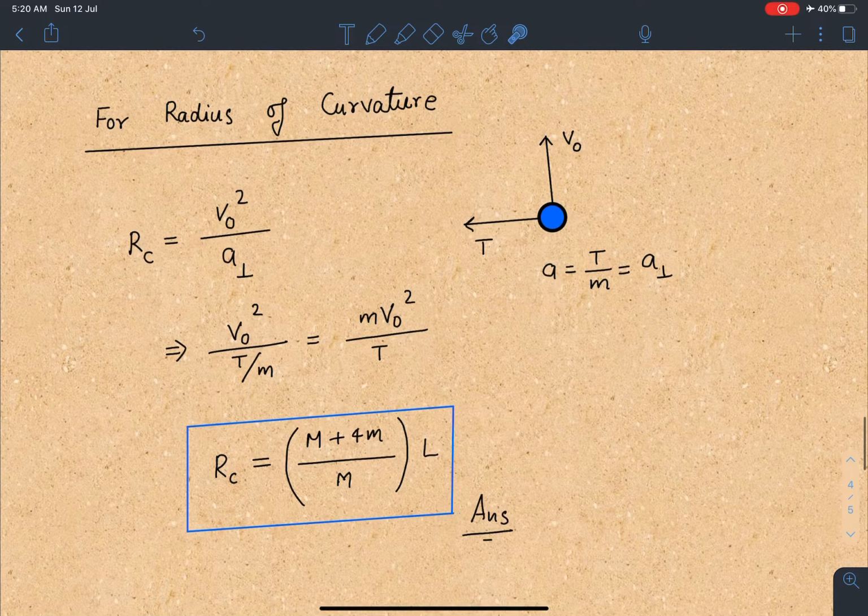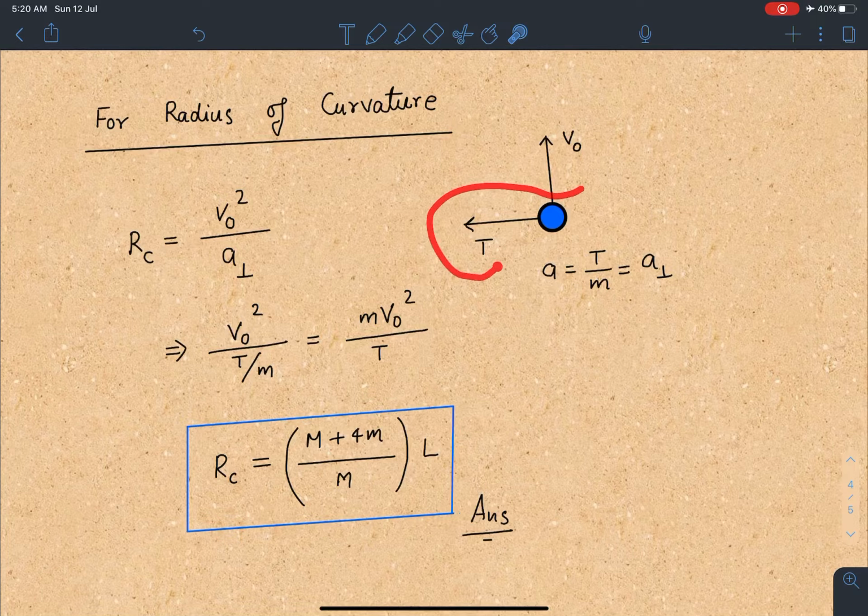So as you can see here, now we will come back to the ground frame, because since path is not a circle from ground, it will be something else. It is a trajectory, random trajectory. However, we can find out the radius of curvature at that instant. Just after impulse was imparted, this velocity remains v naught, and here I can say radius of curvature I can write as v naught square divided by component of acceleration of this particle perpendicular to velocity.